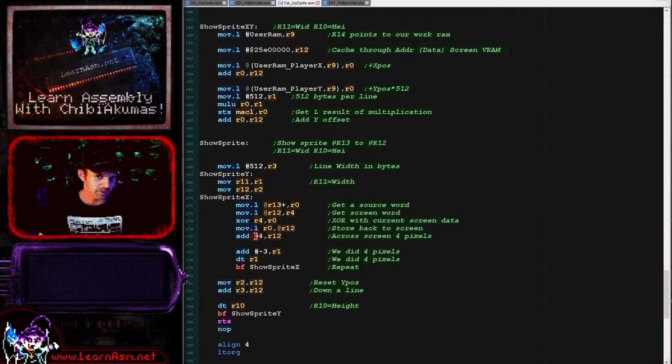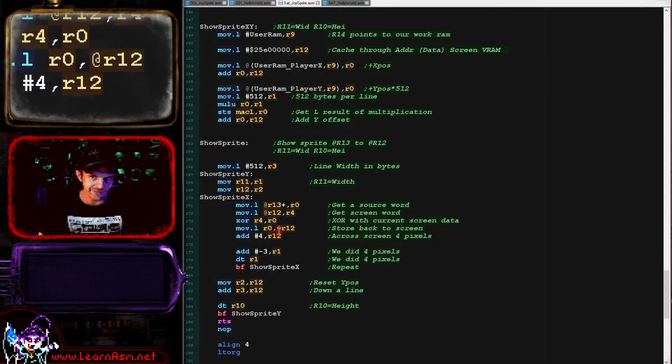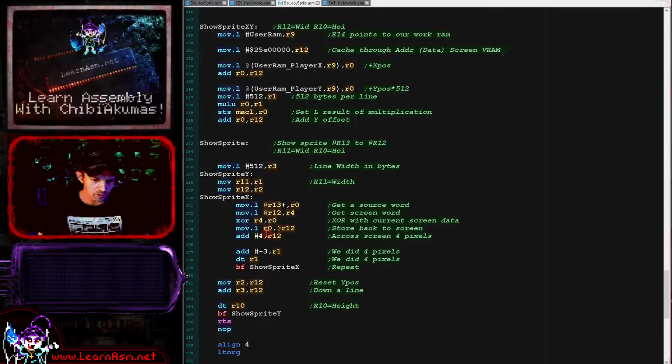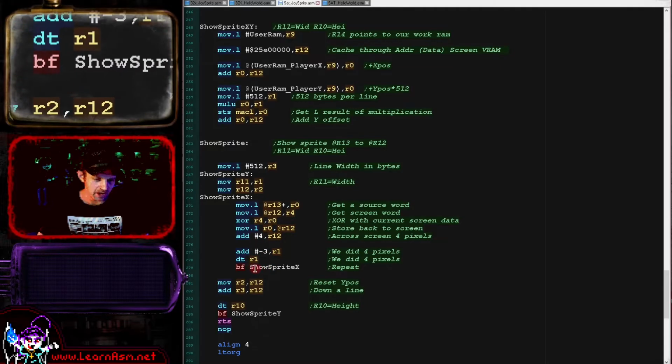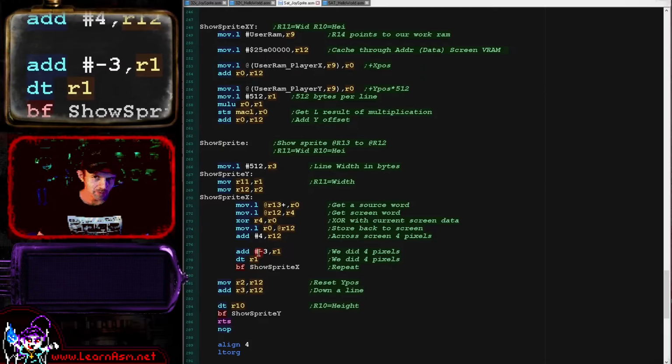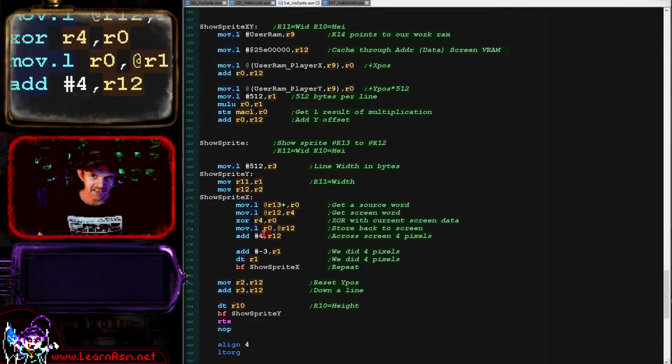It's handy on the 8-bit systems, and so I've transferred it across here. Now we're moving 4 bytes to the screen, so after we've transferred the long, we're adding 4 to R12. Now we're using DT for the end of our line, but we've actually transferred 3 extra bytes there. DT will subtract 1 from our X count, but we've transferred 4 bytes, so we're subtracting 3 here before we